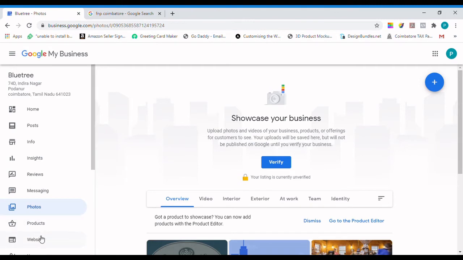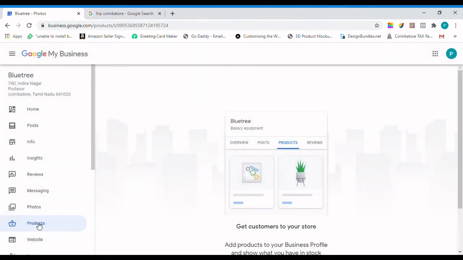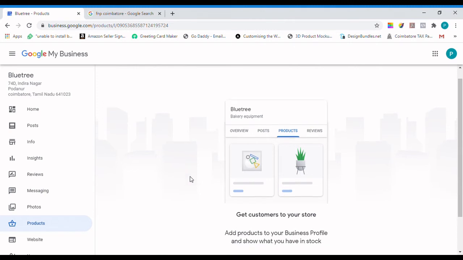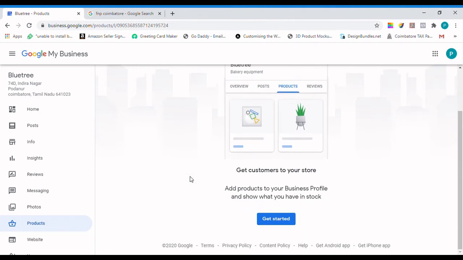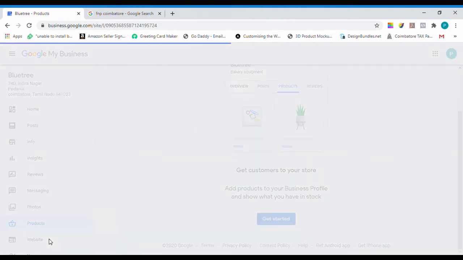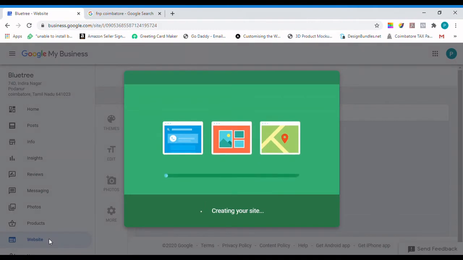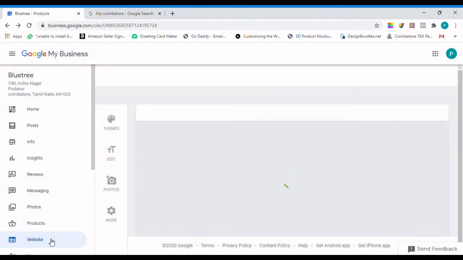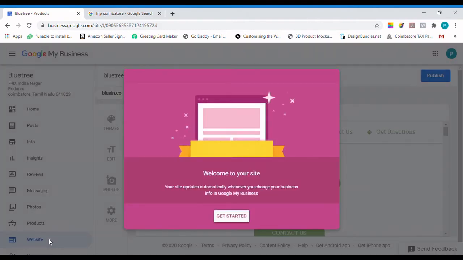And the next part is the product section. This is where you can add the products which you're offering. And then the last one is the website. While creating a new business, sometimes you may not have a website.